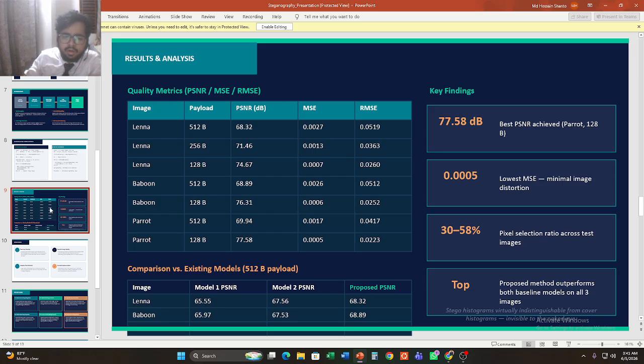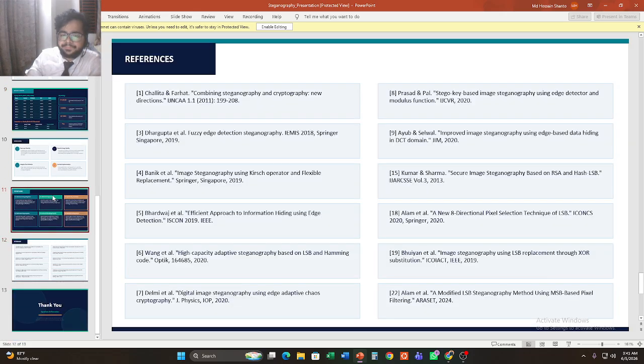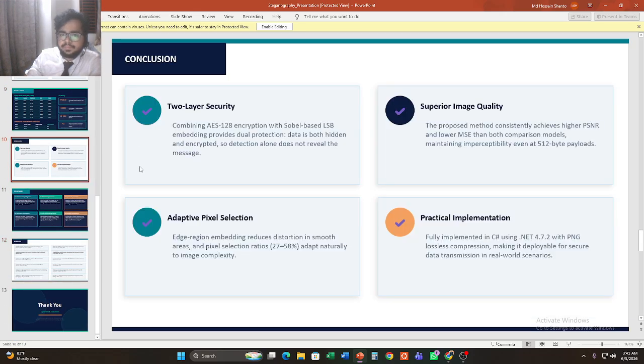Section 8, conclusion. Let us now summarize the conclusion of this research. The paper successfully proposed and implemented a two-layered image steganography system that combines AES-128 encryption as the first layer of security, and Sobel edge detection with 1-bit LSB embedding as the second layer.